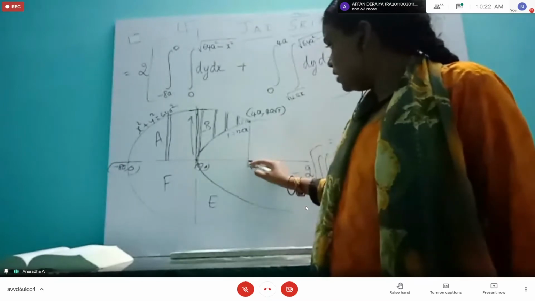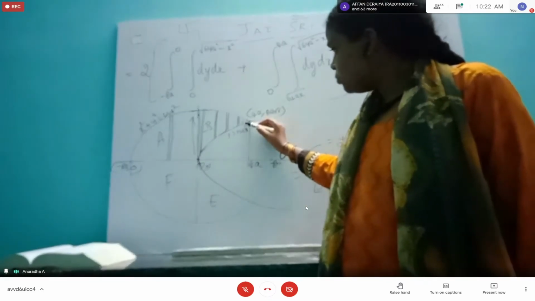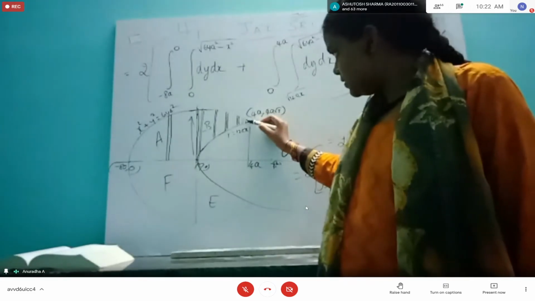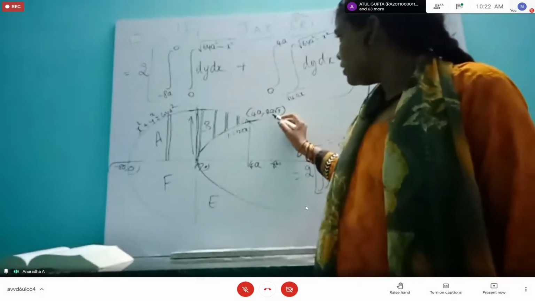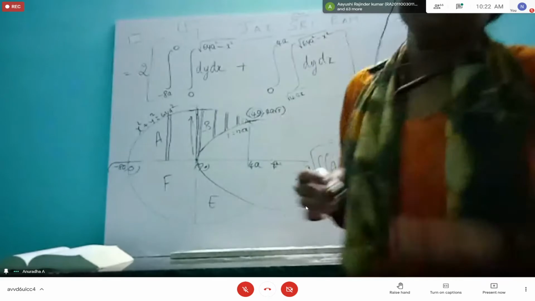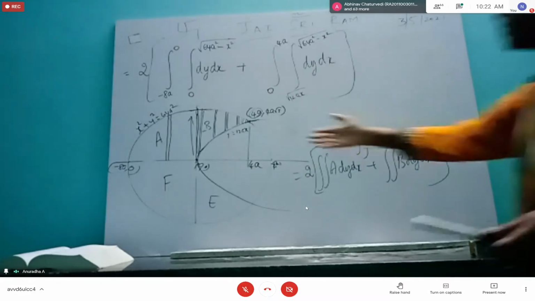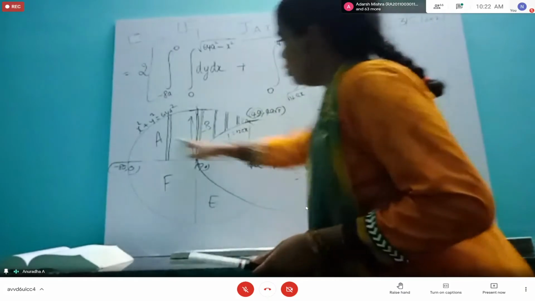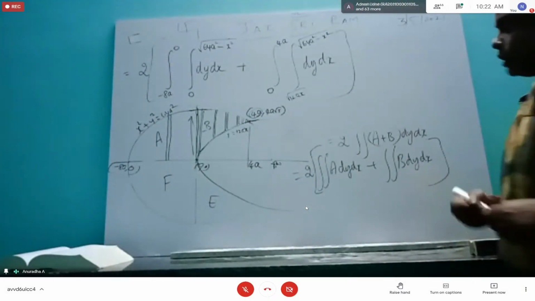For the maximum value, the other point, we have to find the intersection point of this circle and the parabola. In that, what is the x-axis value we have to write. Okay, ma'am. Thank you. You have to find the intersection point between two curves. The question gives two curves, those are the two curves. You have to find between y square equal to 12ax and x square plus y square equal to 64a square what is the common point. That's easy to find.